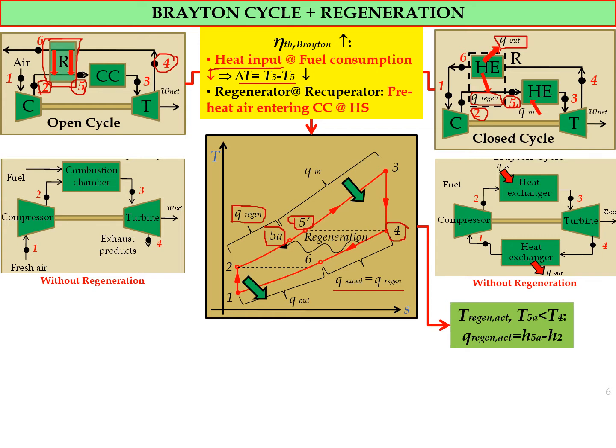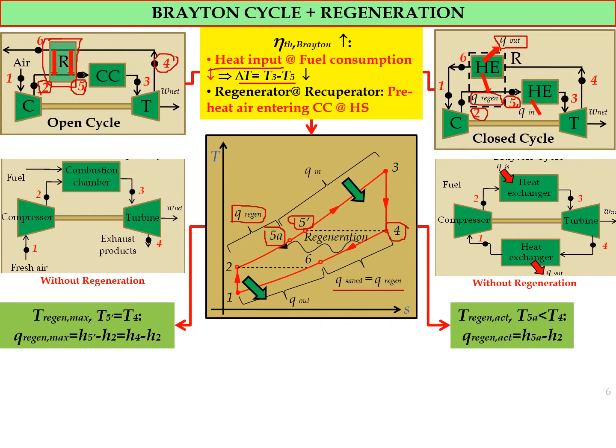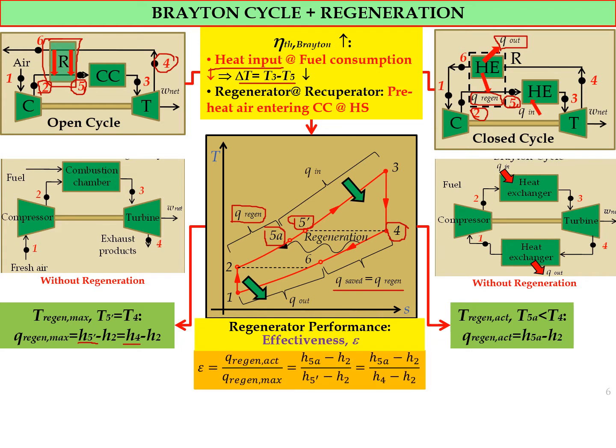H here is the enthalpy, and T regeneration maximum, which is T5 prime, is equal to T4. Q heat regeneration maximum is equal to H5 prime minus H2, and it is also equal to H4 minus H2. As you can see here, the value of H5 prime is equal to H4 because it is at the same temperature. So we can calculate the regenerator performance from the effectiveness, which is given by